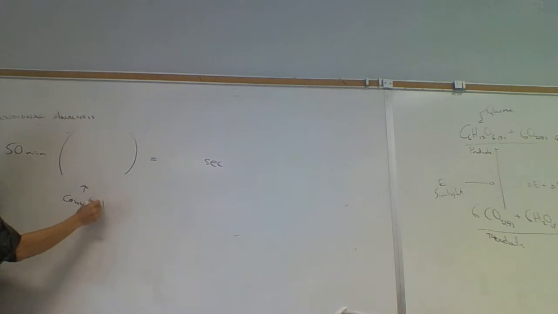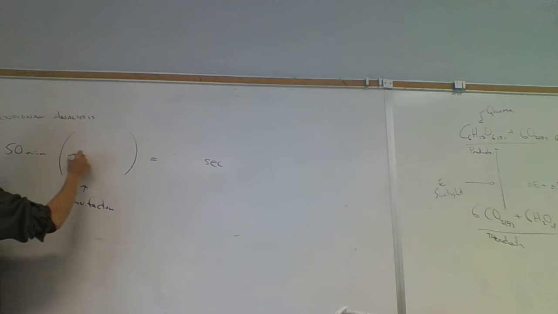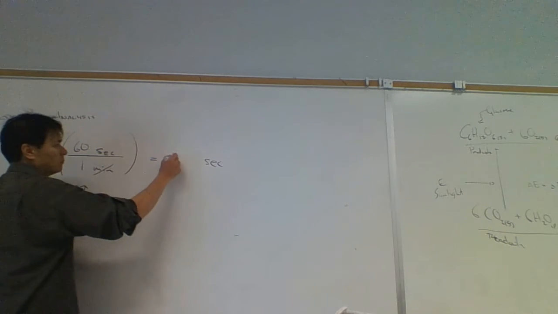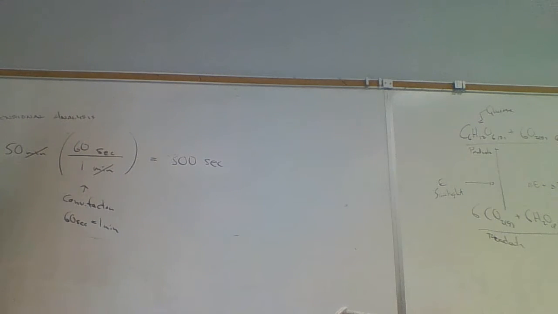Ideally, we'd like one conversion factor that does this directly. The one conversion factor that would do it directly would cancel out the minutes and replace them with seconds. The conversion factor would be an equivalence, which is multiplying. So for example, here, the conversion factor would be 60 seconds is equivalent to 1 minute. So we'd write 60 seconds on the top and 1 minute on the bottom, and the dimensions would change here. Then we just take 50 times 60. Well, 50 times 60 would be what, 300? 300 seconds.